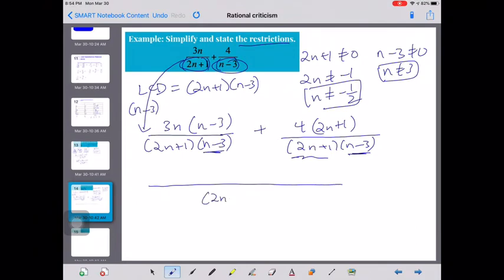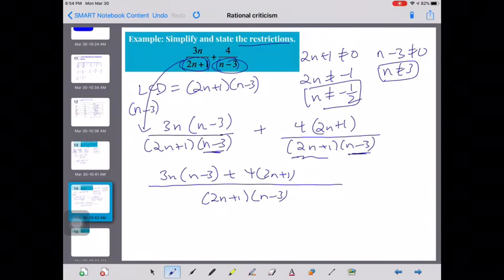So now we have everything over the same denominator. And then I'm just going to bring them together really quickly. And you're almost done the question. The last thing is simplifying, to simplify the brackets out. So we're going to distribute,